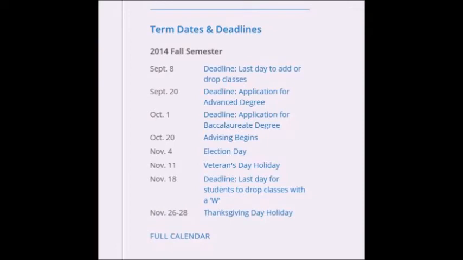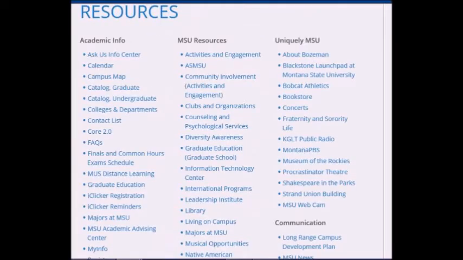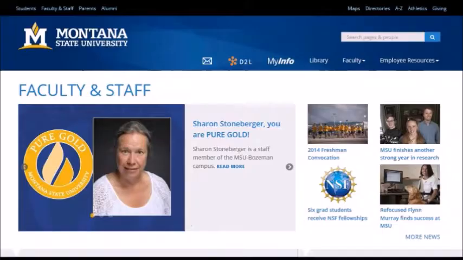and deadlines for each semester, as well as a resources category that has links to the Ask Us desk, calendar, the campus map, ASMSU, information related to Bozeman, the bookstore, upcoming concerts, and a lot of other useful information. The new faculty and staff page is similar to the other new landing pages on the MSU website. At the top of the page, there are some useful links for faculty and staff, such as D2L, MyInfo, and